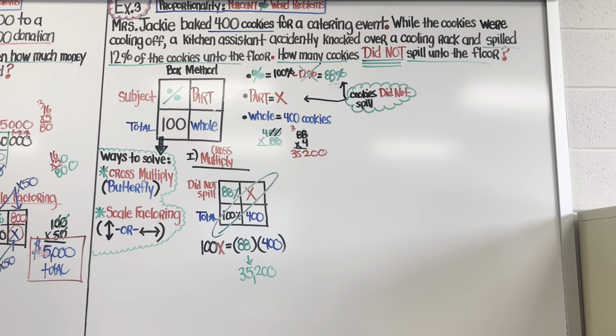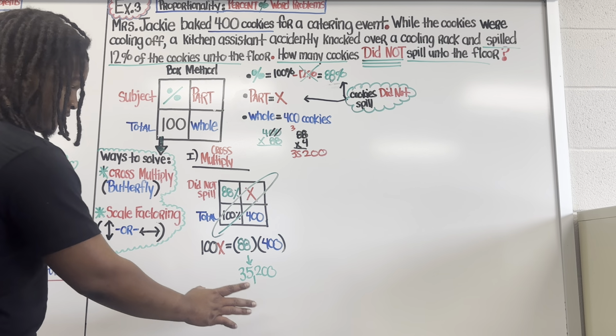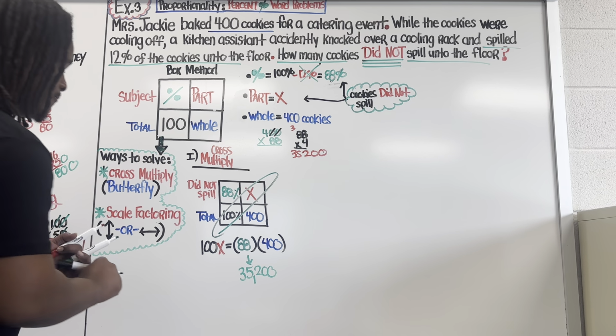And I just want to check to make sure that it's correct. Give me 1 second. Yes, that is correct, guys. So 88 times 400 is 35,200. Equals